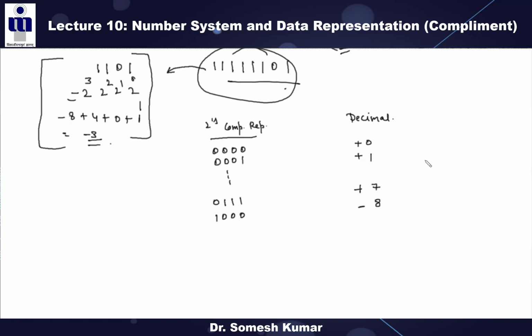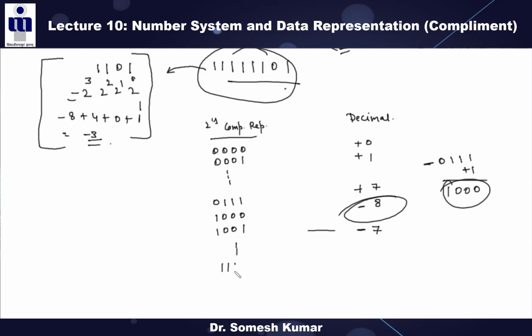See, this 1 means the negative. Then take the 1s complement, then add 1 for the 2s complement. Now add the 1. Again, what happened? This is 8. Understand? So this is minus 8. This is the difference between 1s complement and 2s complement. Now, what is this? This is minus 7, and so on. What is this? This is minus 1.